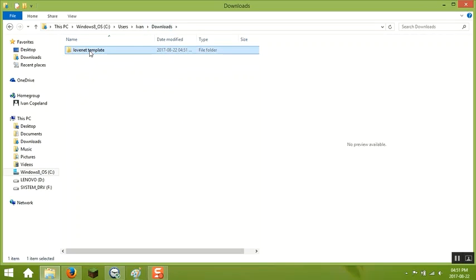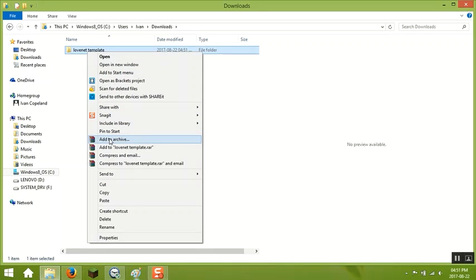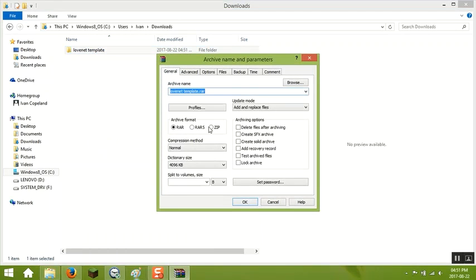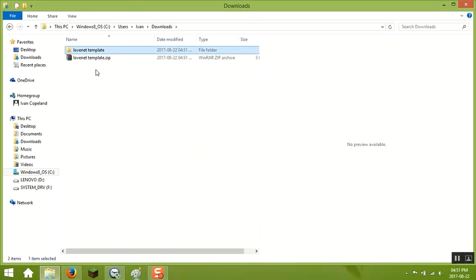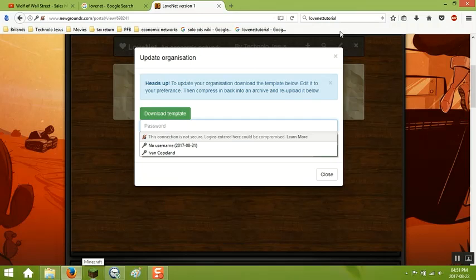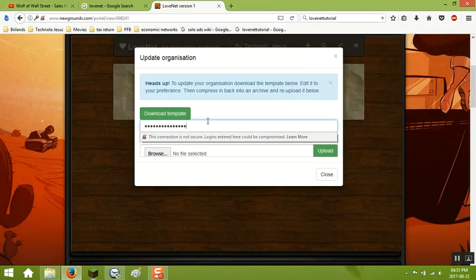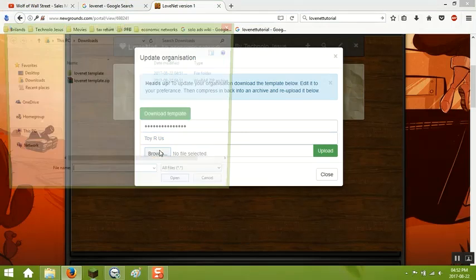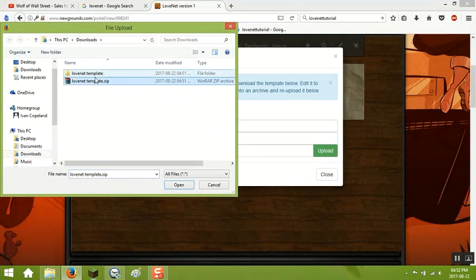Okay, cool. So now go back out to your organization. This is it, the LoveNet template. We don't have to change the name or anything. Okay, so now you just add it to archive again to re-upload it. So then make it a zip. Okay, so then there it is. Now to upload it, first you need to put your password in. My password was LoveNet tutorial. So I put that in, and then this will be automatically here, which is perfect. And then you go browse, then downloads, click the archive,